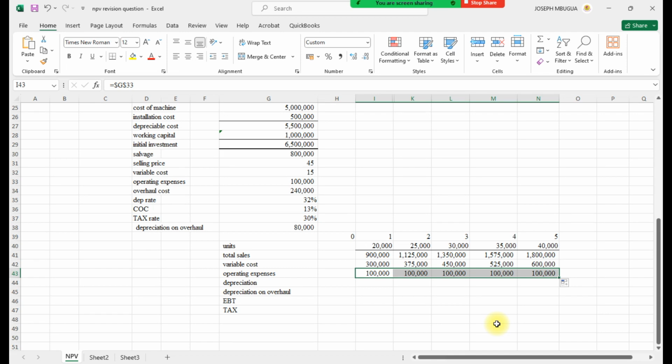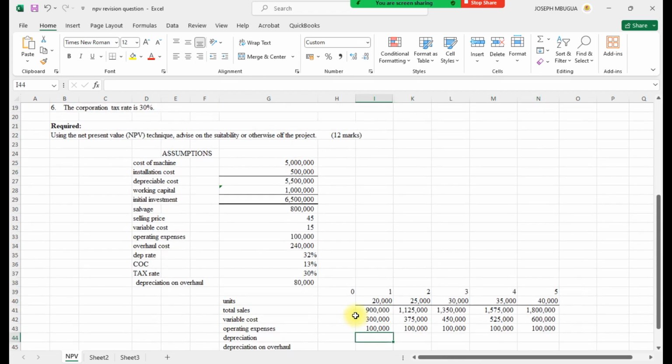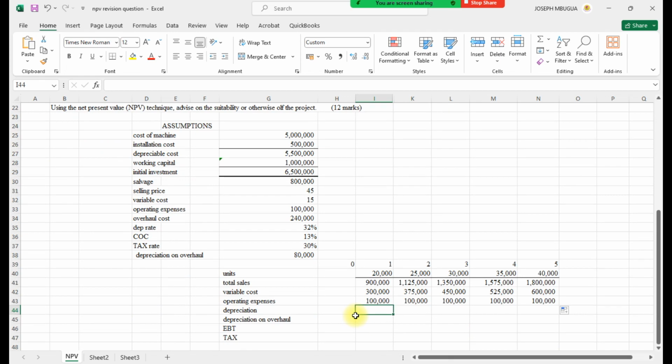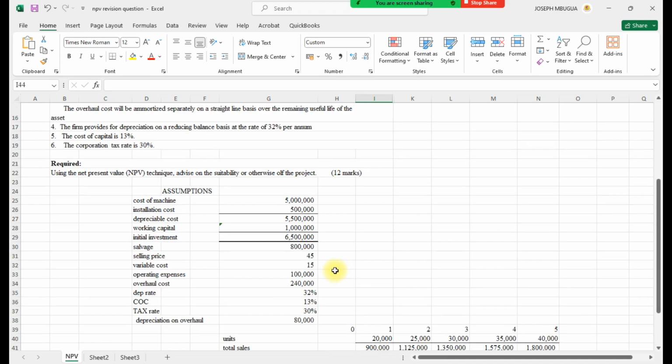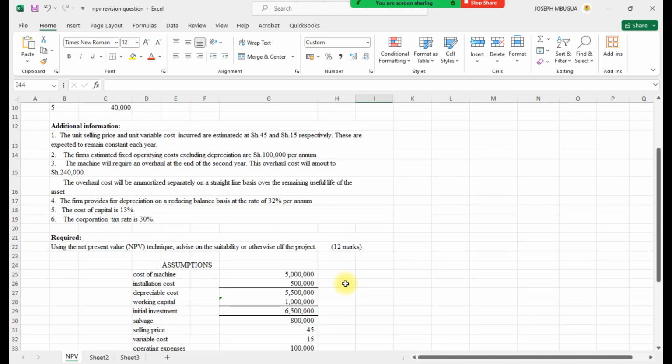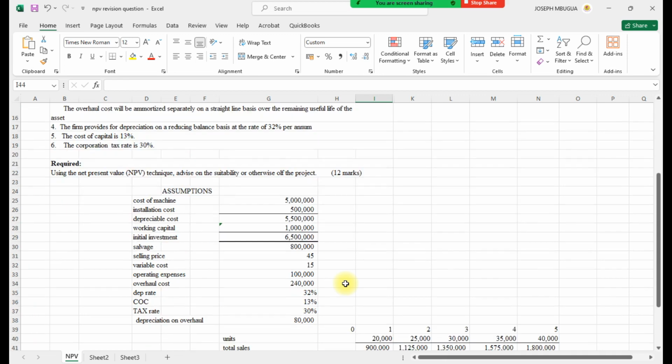Then we were to calculate depreciation of our equipment based on reducing balance. The only thing I will clarify, whereby in the last question we did it wrong: when we are dealing with the reducing balance, it means that the item will not depreciate fully, and therefore whenever the question requires you to use the reducing balance, we don't minus the salvage, and I will illustrate how they got 800. Salvage we minus only when you are using the straight line.